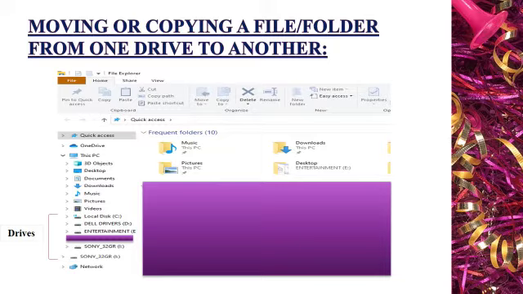C drive contains local disk files, that is, the software installed in our system. D drive is the system drive, and E drive contains files, children. And the I drive is the removable disk which we inserted into the system.